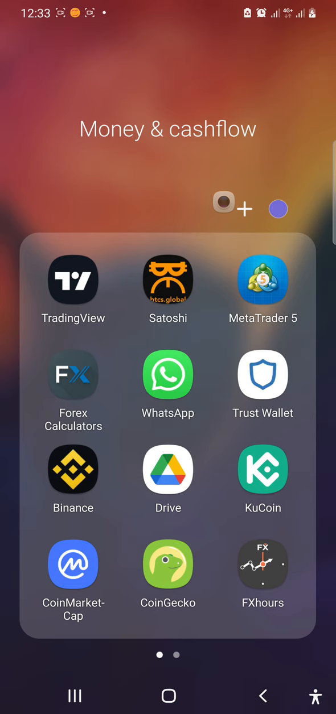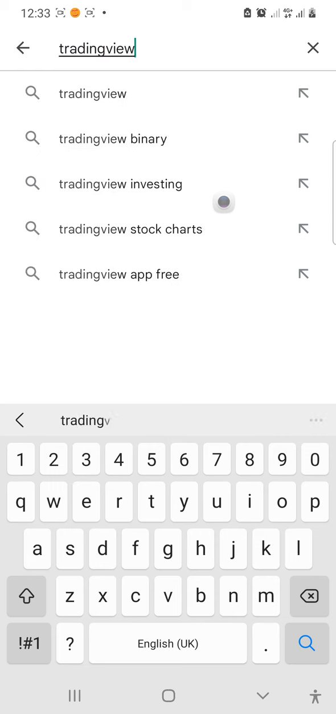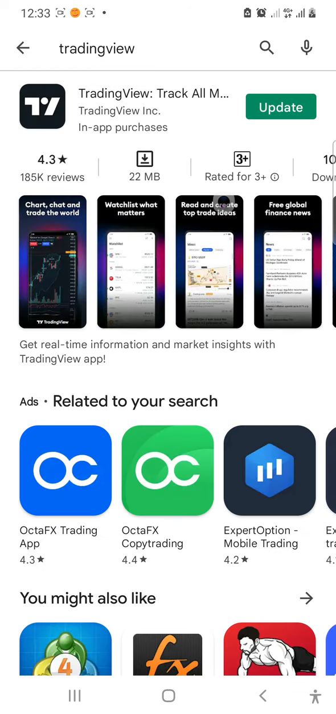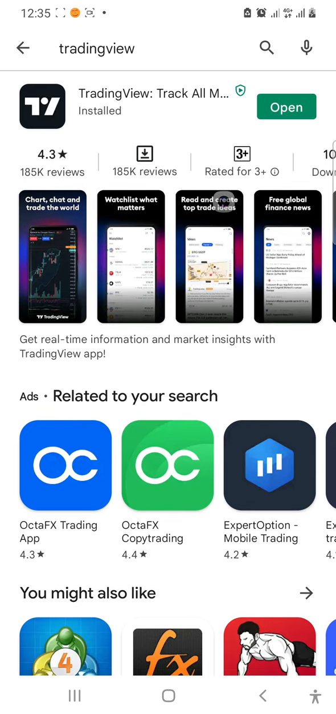So TradingView, I'm going to first be going to Play Store where you can download it. Actually, it shouldn't be much stress, but I just have to do that. So you search for TradingView. Since I already have the TradingView app, it needs updates, but I'll probably do that later. Let me try updating it. Alright, so